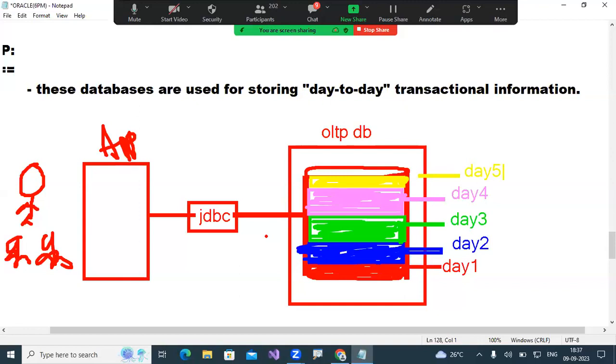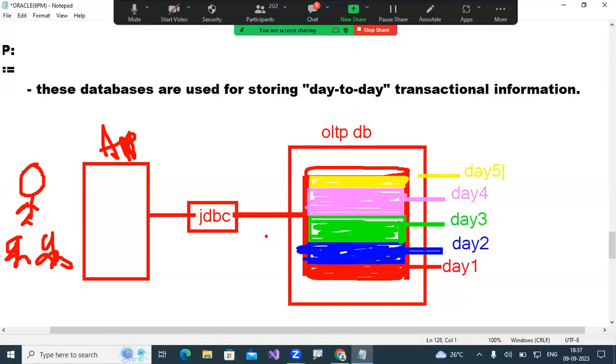Then immediately your question: sir, your OLTP memory will be full, so where can I store my next day data? This kind of doubt you will commonly get. And how can that data be managed? I can't say that for day number 6 data storage, I want to delete day number 1 data. No. Why would I delete it? That is also important for me. I'm clarifying your doubts in this example so that later you will not get any doubt. That is my intention.